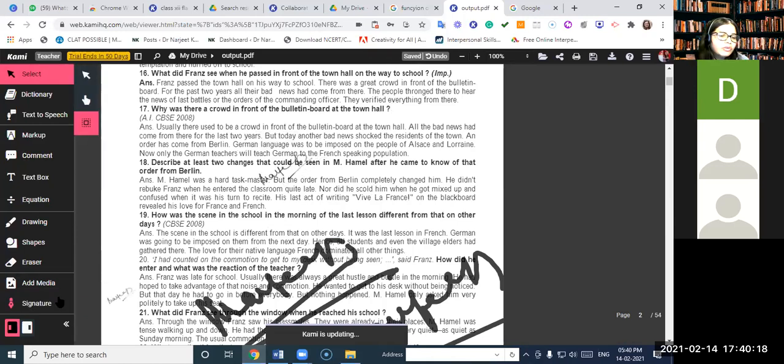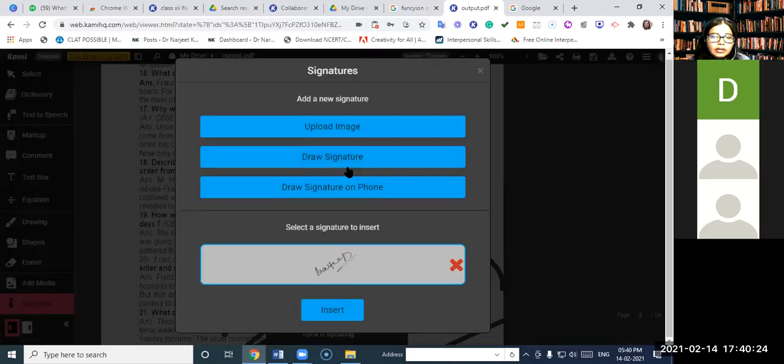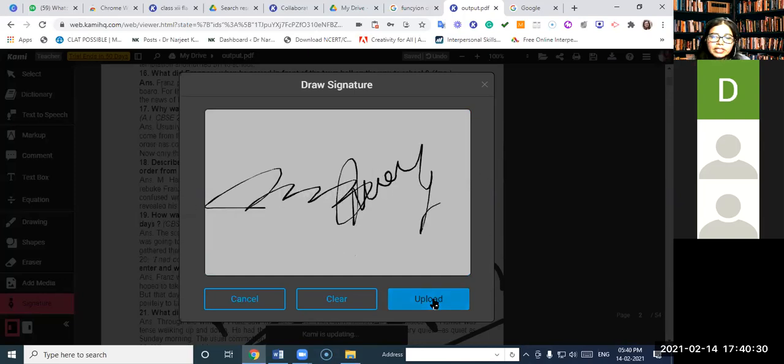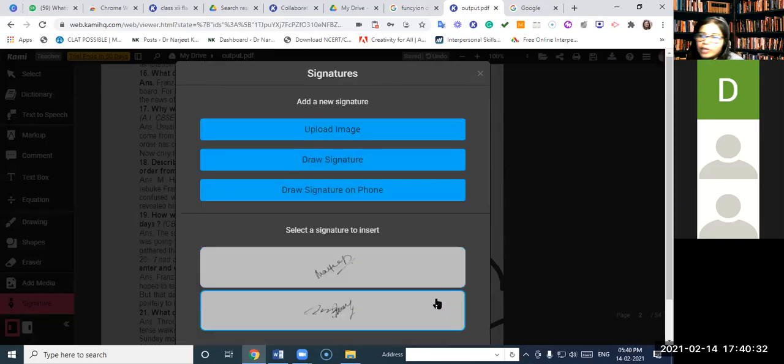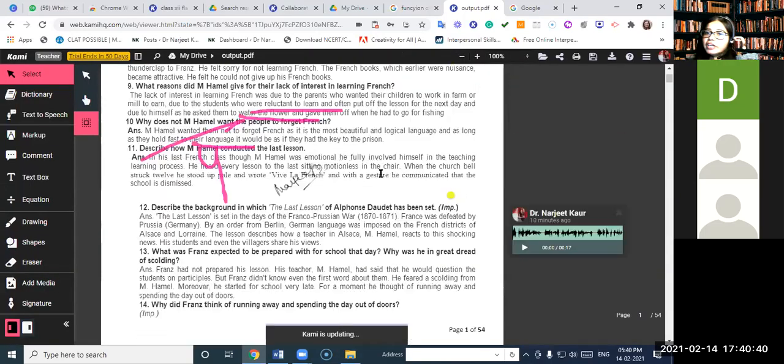And it's not that if you have once drawn the signature, it can't be changed. You can make other changes to your signature and upload it in the same manner. So this app, teachers, is one of the most beautiful apps that I have encountered.